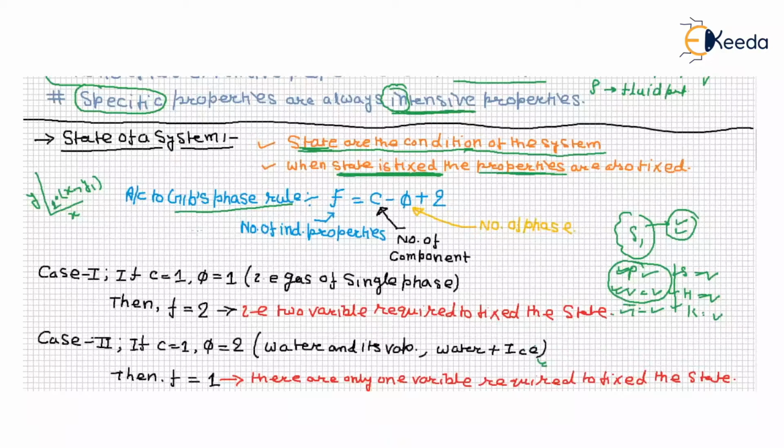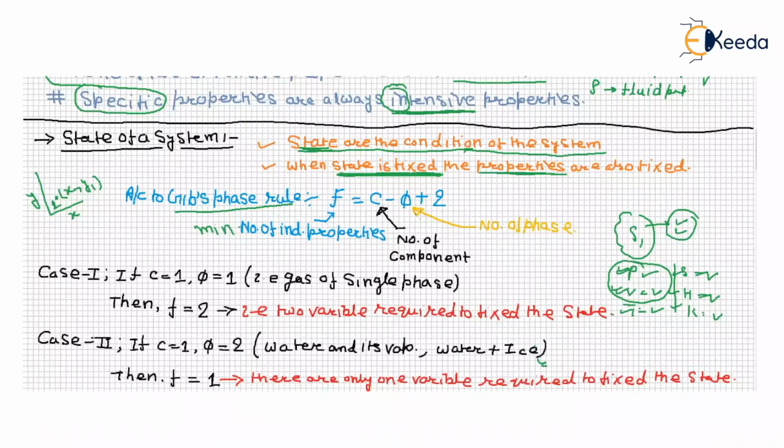Why? Because we are always bothered about the minimum number. The maximum properties will define the system, but it is not practical. So we always bother about the minimum number of properties, also called degree of freedom. This is equal to C minus P plus 2, where C is the number of components and P is the number of phases. This is the relation given